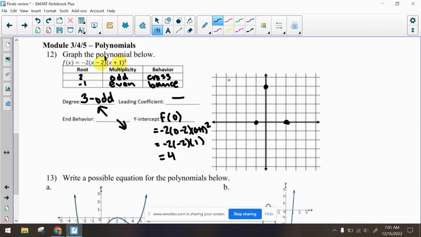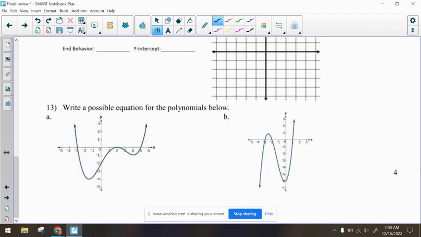I'm also going to sketch in where my endpoint should be going, so I know where to start and where to finish. If it's helpful to you to label each one as a bounce or a cross, so you know how to graph it once you get there, wouldn't be a bad idea. So down at -1, we're going to bounce, go up and touch the y-intercept,